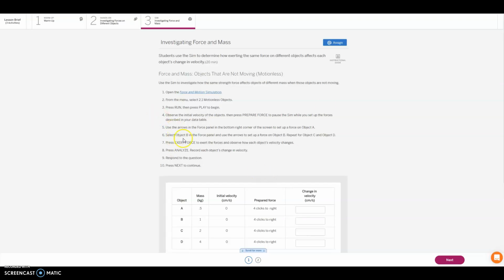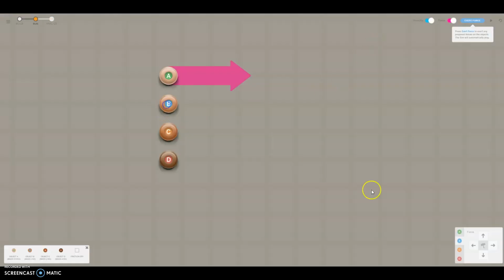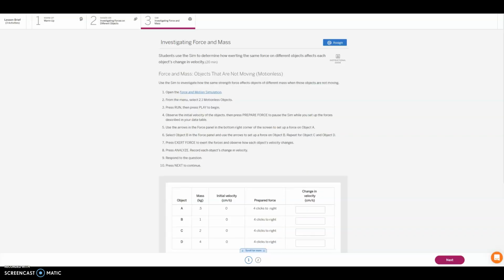select object B and put a force in the force panel, to use the arrows to set up the force for object B, C, and D. So we need 4 clicks to the right for all of them. So we're going to click on each one. You can also click on them down here at the bottom corner, 1, 2, 3, 4, and D, 1, 2, 3, 4, okay? And then what you're going to do is it says press exert the force and see how